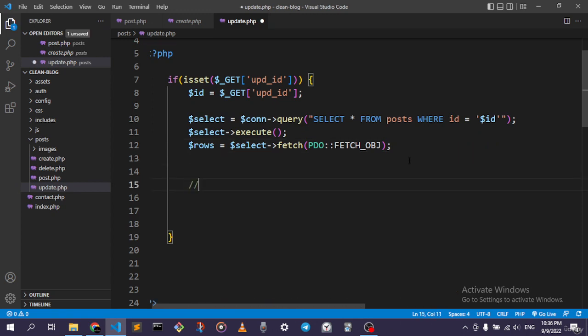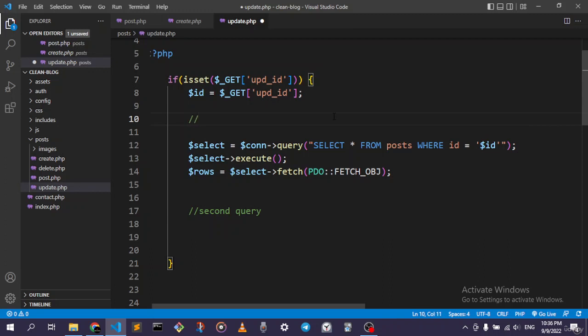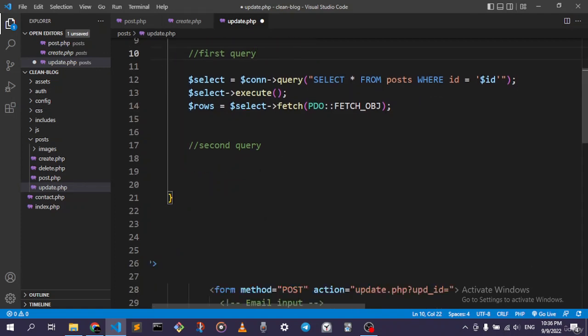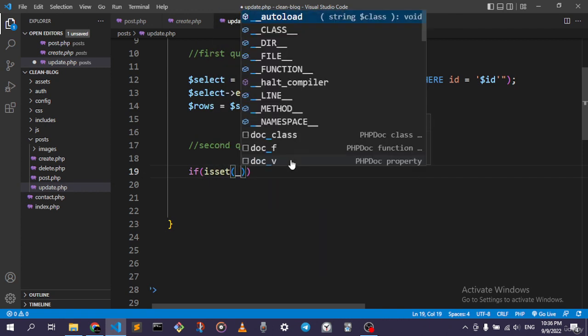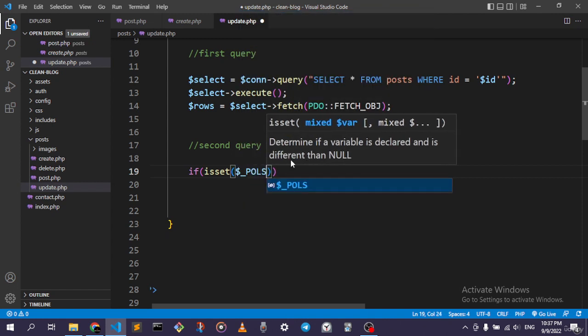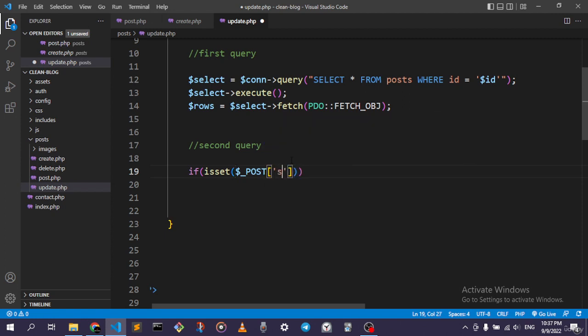second query, and this is the first query. No, this is boring, but you know, the update is the update. You have to do it this way. So we're going to say if isset post submit